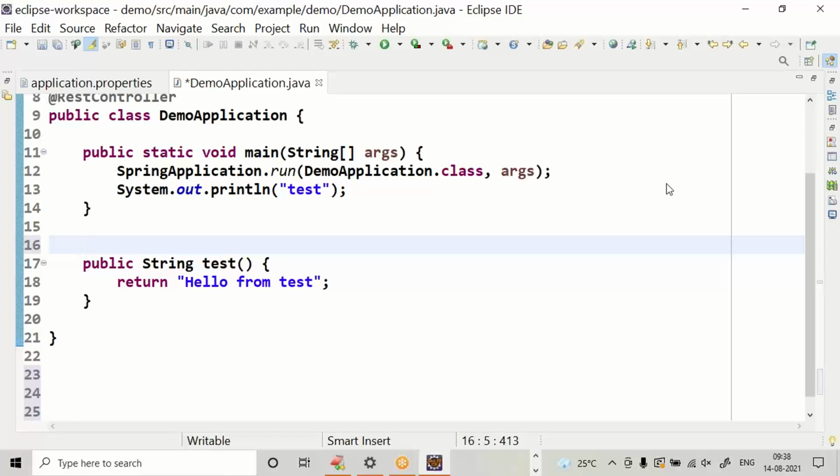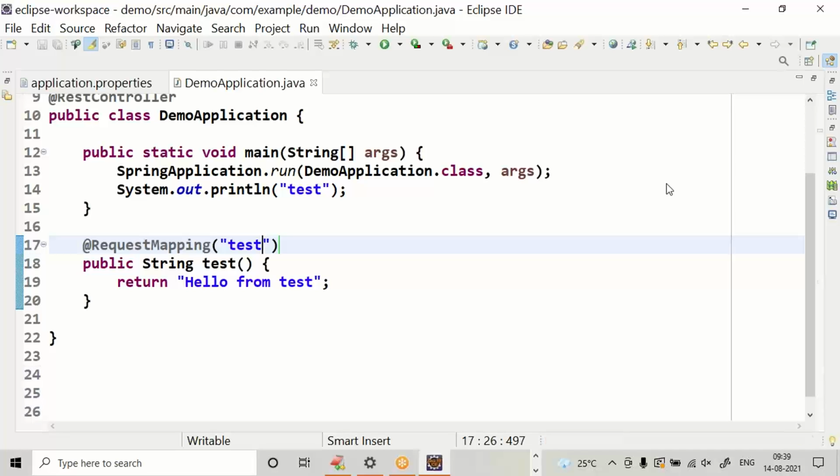On top of the test method, @RequestMapping, Control space bar. You can give anything.